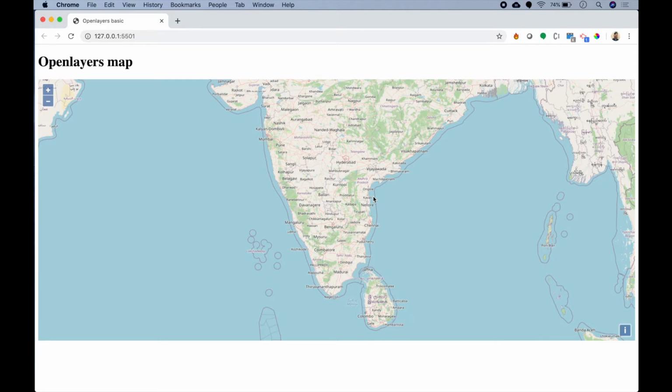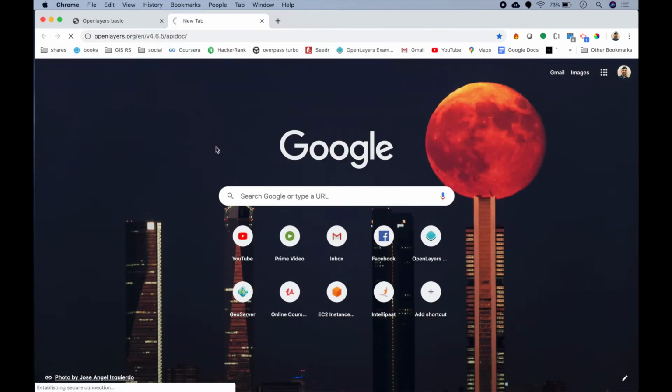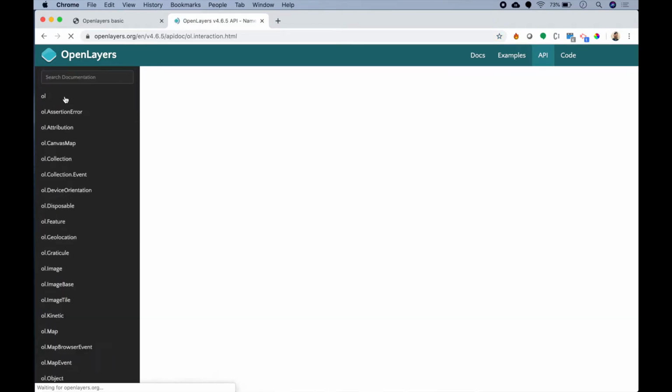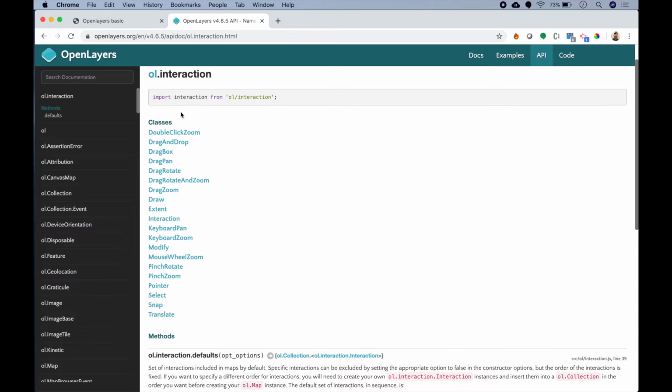So let's just go to the OpenLayers documentation and see what interactions OpenLayers allows their users to do. So I'll just go to their documentation page and I will simply search for OL interaction. If you can see, there are a bunch of classes we can choose from. So there are many options that OpenLayers provides us, and maybe that is why they are really famous in the open source industry. So we'll discover a bunch of these options, and later you on your own can try out other options as well, and if you're stuck you can of course get back to me.